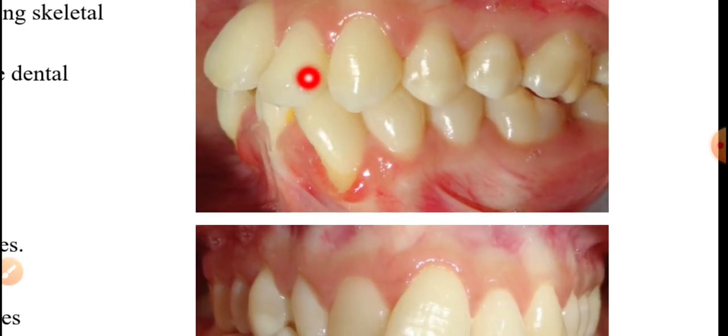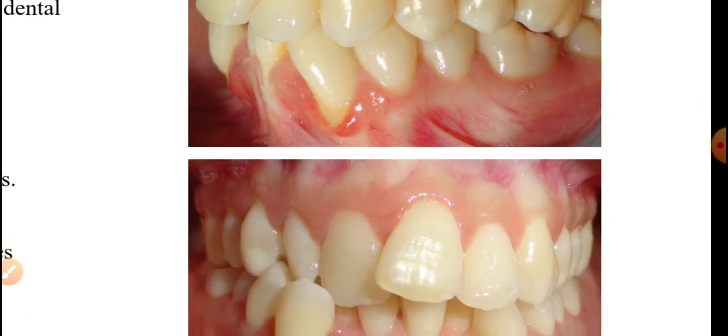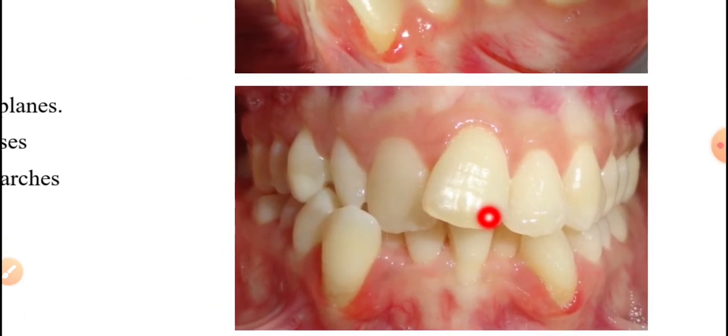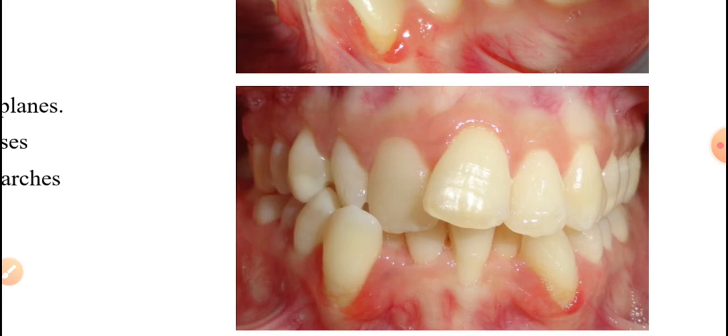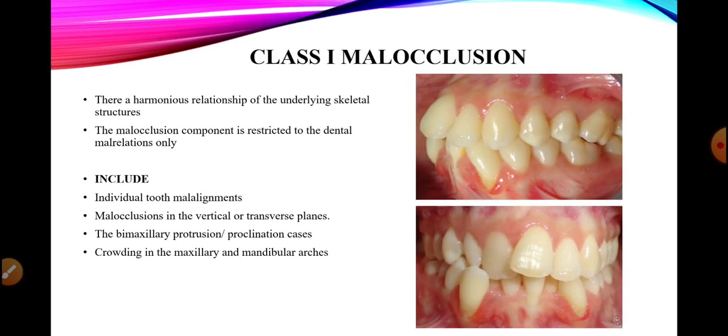For example, the rotations and the crowding, anything that is apparent, is present in the dentition only, and the underlying skeletal relationship is in harmony with each other. The malocclusions present in class 1 cases include individual tooth malalignments. By individual tooth malalignments, we mean there will be either rotations, spacing, or a high up